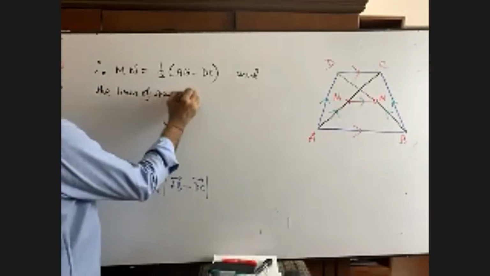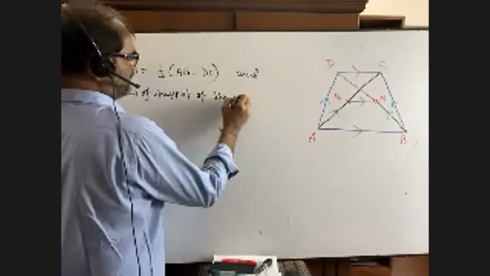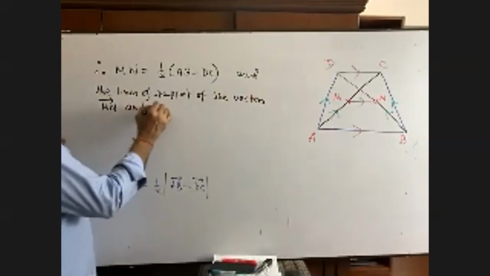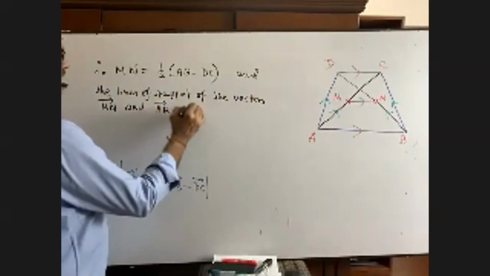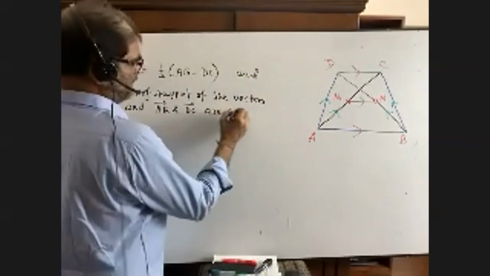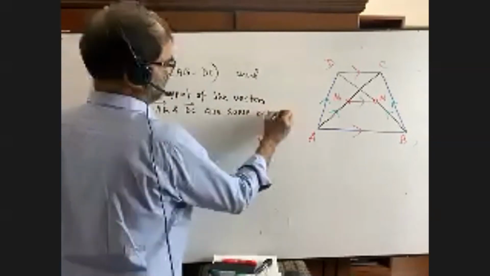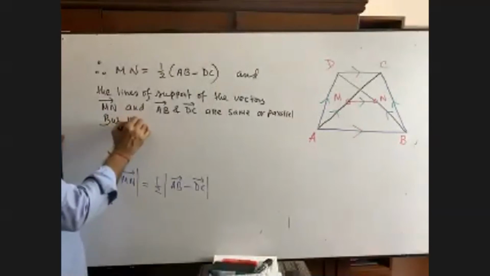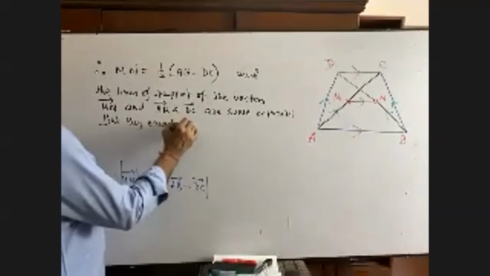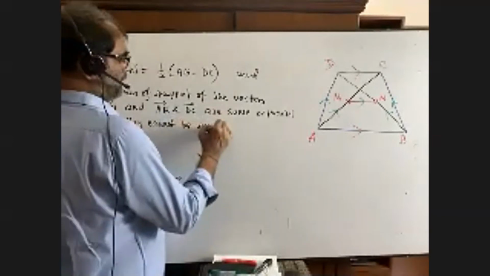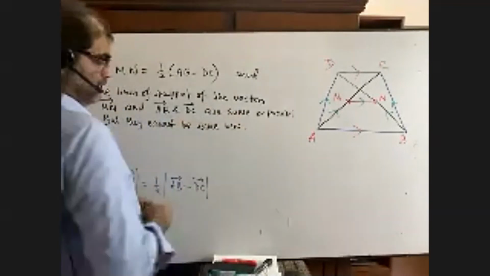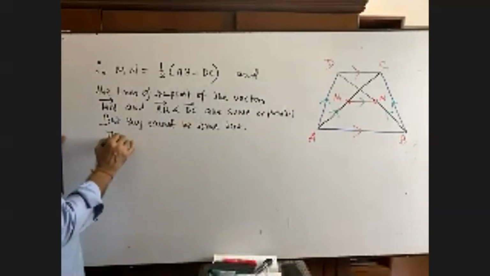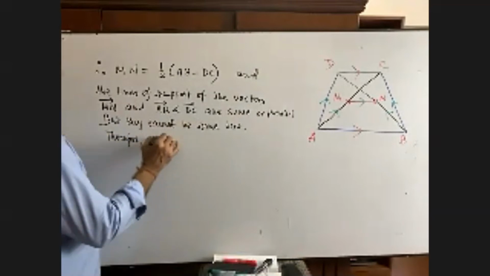You can write it by yourself: the vectors MN and AB and DC are the same or parallel, but they cannot be the same here. Therefore, the lines of